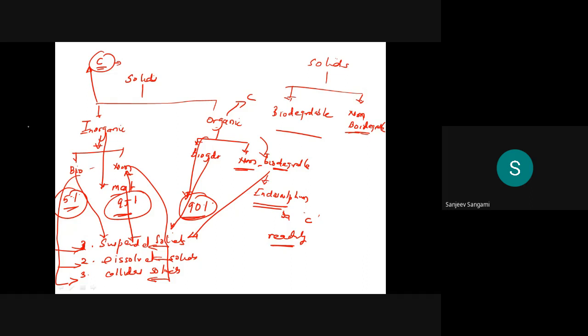So we'll forget these upper things now. Now we'll see these things only. One is suspended, dissolved, and colloidal. These suspended solids are always solids which, 90 to 95%, will settle under the influence of gravity. Under the influence of gravity, these particles are going to settle.